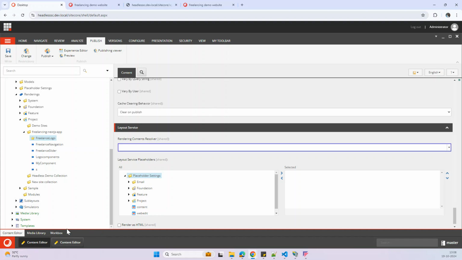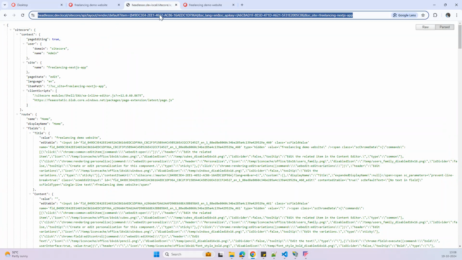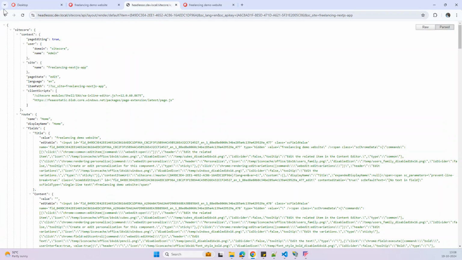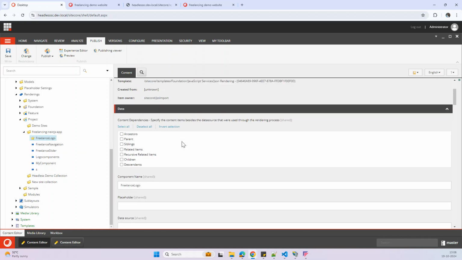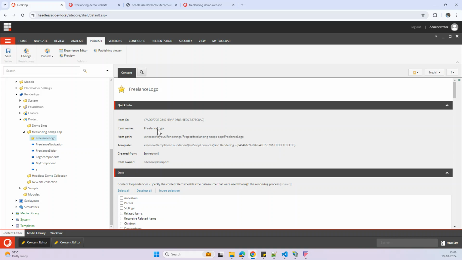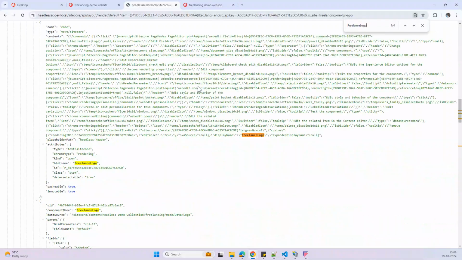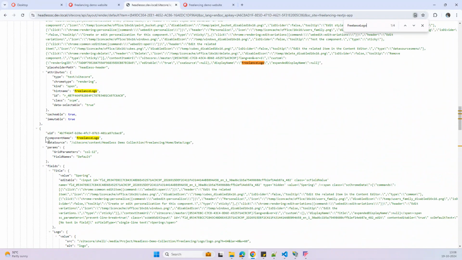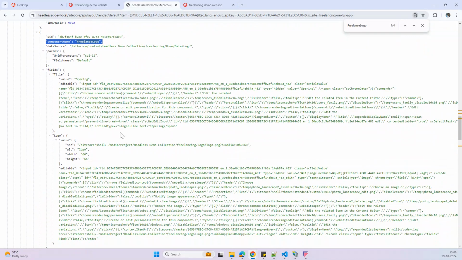Let me leave it as blank, and then let's go to the freelance logo component here, and let's refresh. The next question is how I can find this component in the layout service. Just copy your layout name, your rendering name, and then go here, and then freelance logo. Here is my component name, freelance logo. Here I can find all the fields. Looks like it's reading all the field values from my data source